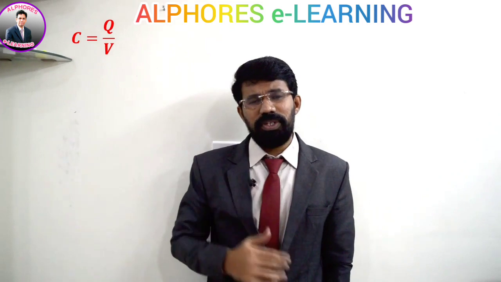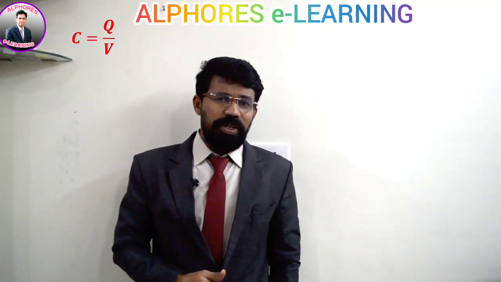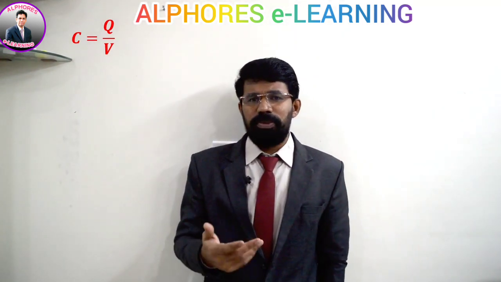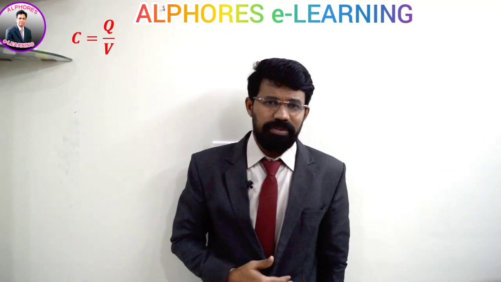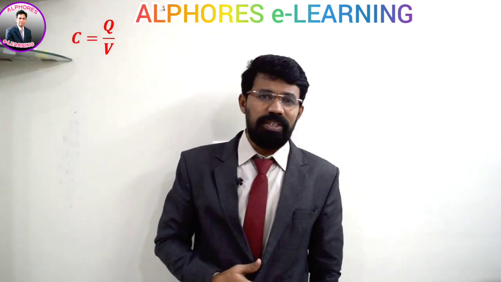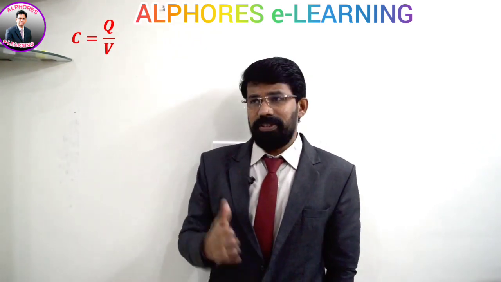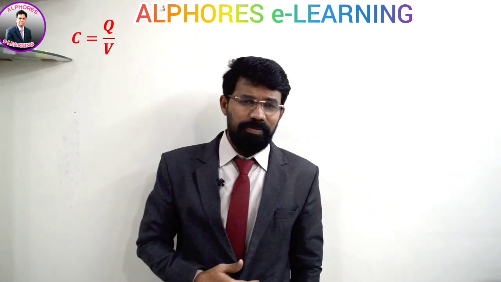We will start with the fundamental equation Q is equal to CV. Students are familiar with the equation Q equal to CV, or it can be written as C is equal to Q by V. This equation is very important. Whatever formulae, key points and conceptual part we develop in electrical capacitance, everything evolves from this equation only. This is a kind of seed for this entire chapter, and it has a lot of significance here.